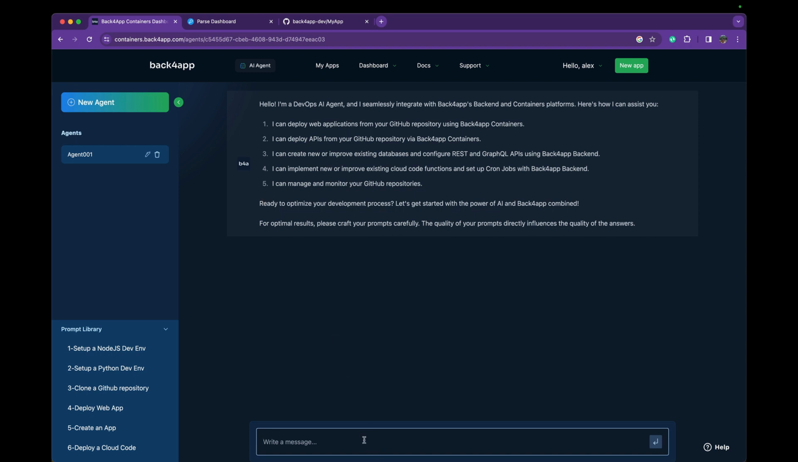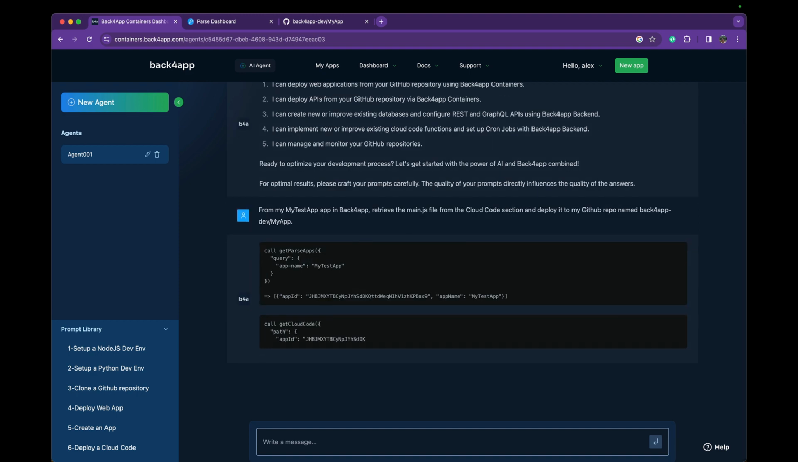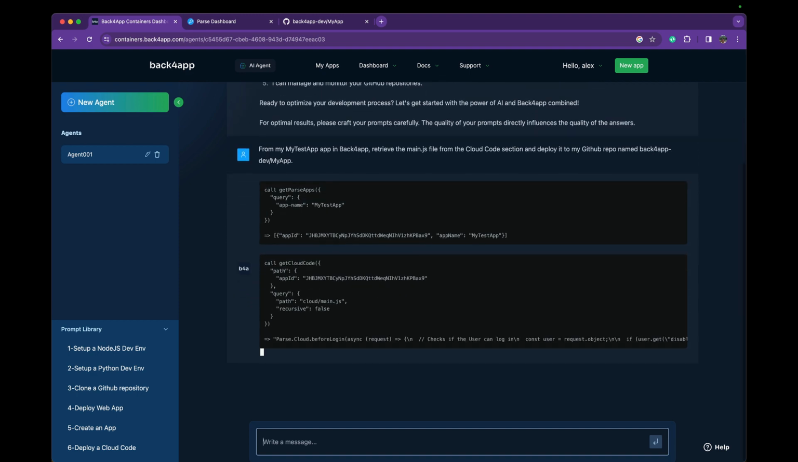So let's prompt that. From my test app in Back4app, retrieve the main.js file from the cloud code section and deploy it to my GitHub repo named back4app-dev/myapp. Hit enter. The plugin is smart enough to understand everything that is needed in order to deploy this code